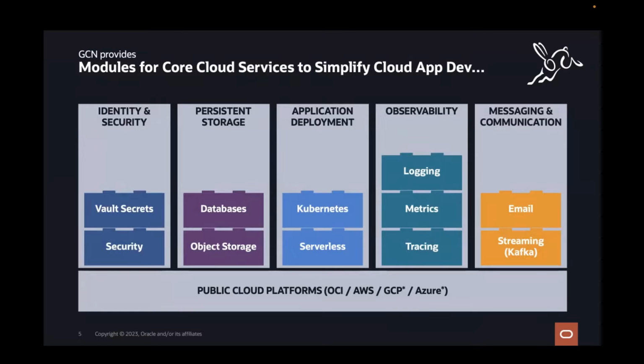In your application, you can store secrets in the OCI Vault and use the Vault Secret Management module to access the database credentials directly in your application. We also support object storage. You can deploy your applications as containers to OKE and use cloud logging, metrics, and tracing for diagnostics.